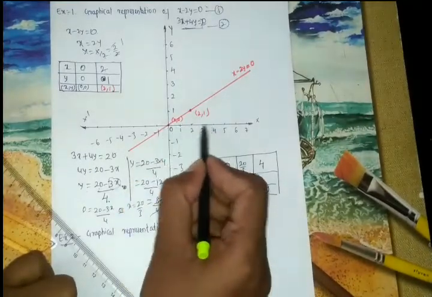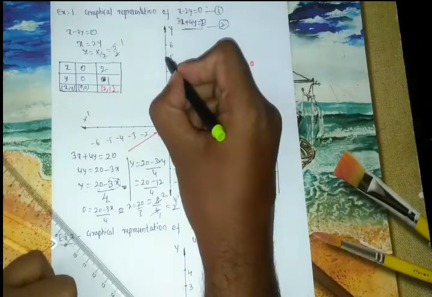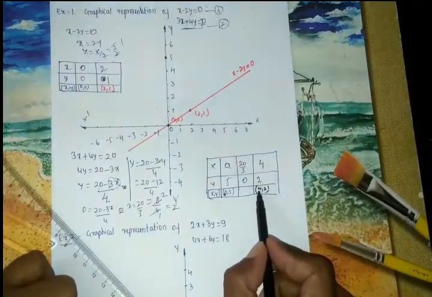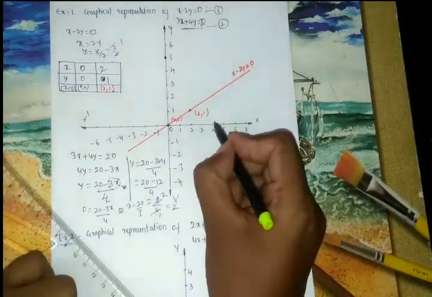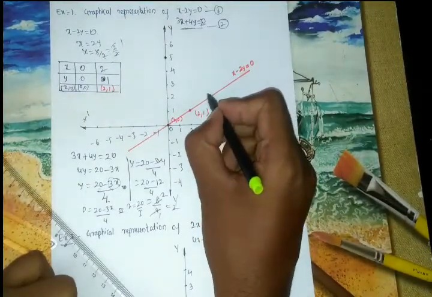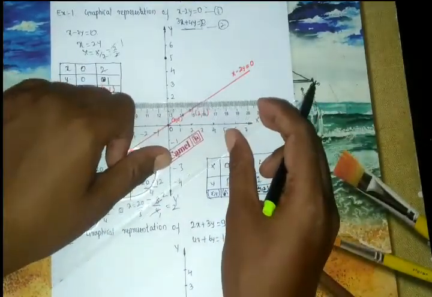One point I have got here, and one more is x is 4, y is 2. So x is 4 and y is 2, so it will